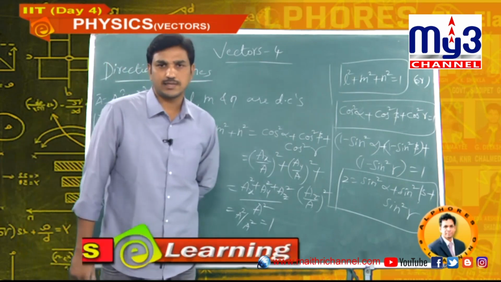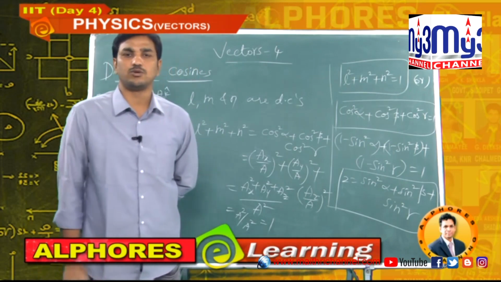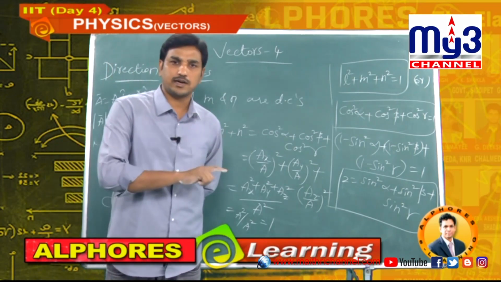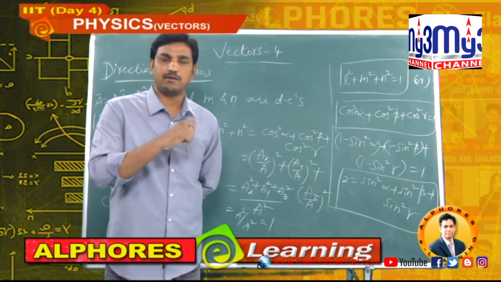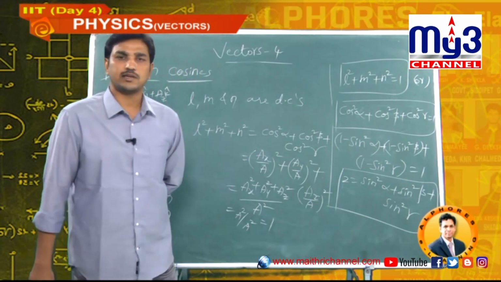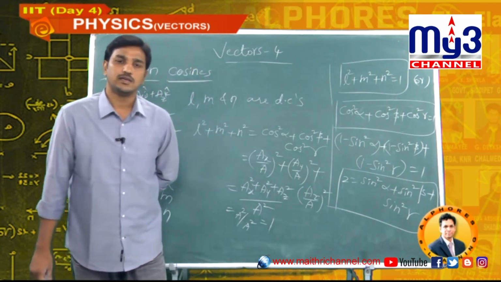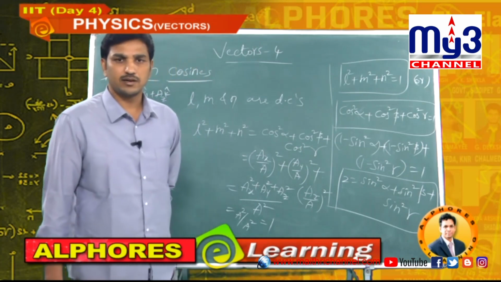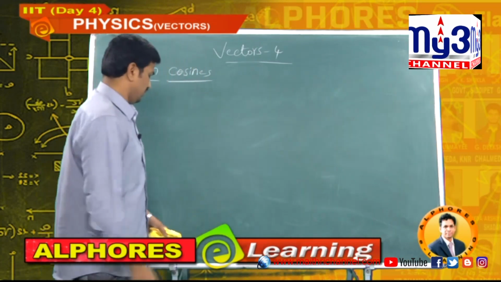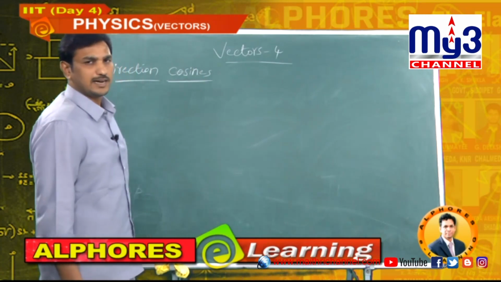What are direction cosines? In trigonometry, we use the cos function to understand how our vector is making an angle with the x axis, how our vector is making an angle with the y axis, how our vector is making an angle with the z axis. Overall, direction cosines are l, m, n. Those are nothing but cos alpha, cos beta, cos gamma. See, I will give you one example depending on this direction cosine.